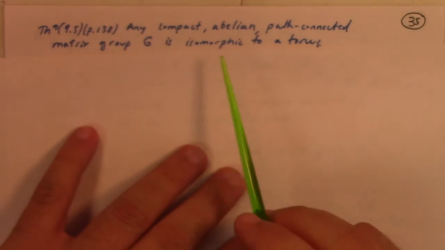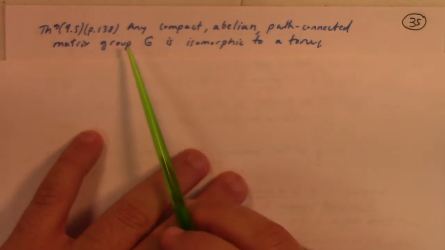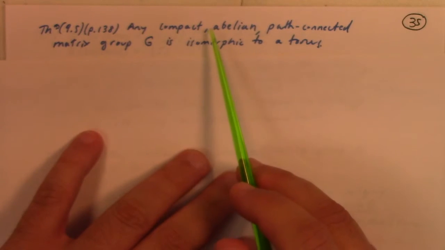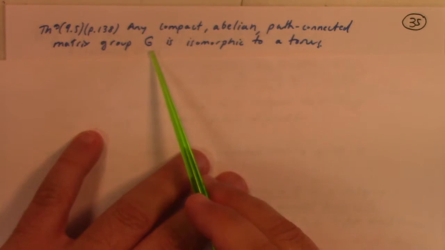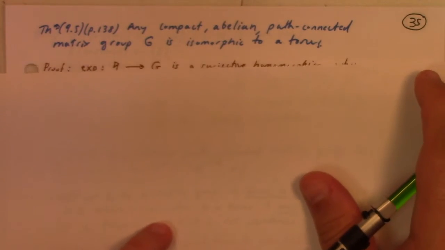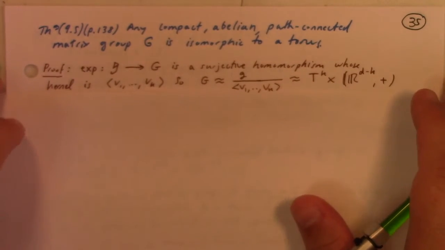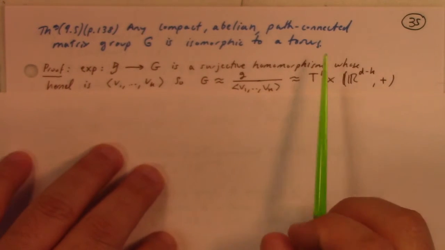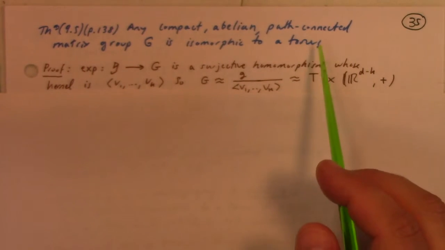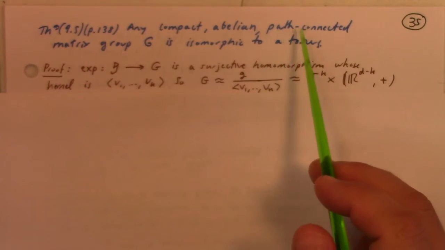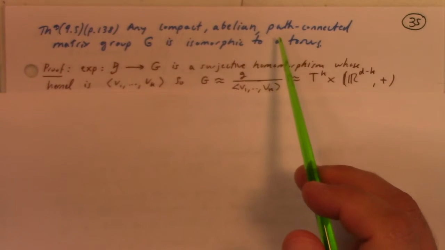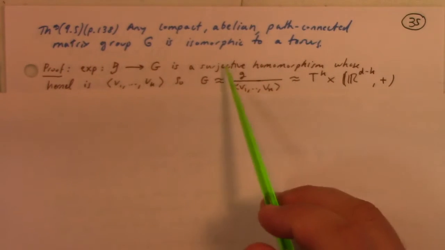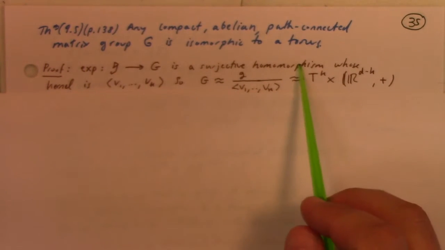Theorem 9.5. Any compact abelian path-connected matrix group is isomorphic to a torus. The proof is given by the exponential. So the exponential goes from the Lie algebra to G. That's a surjective homomorphism. Now, the reason that's surjective has to do with the compact, path-connected matrix group, right? Am I using abelian? Yeah, well, the exponential is not generally a surjective homomorphism, so I think I'm relying